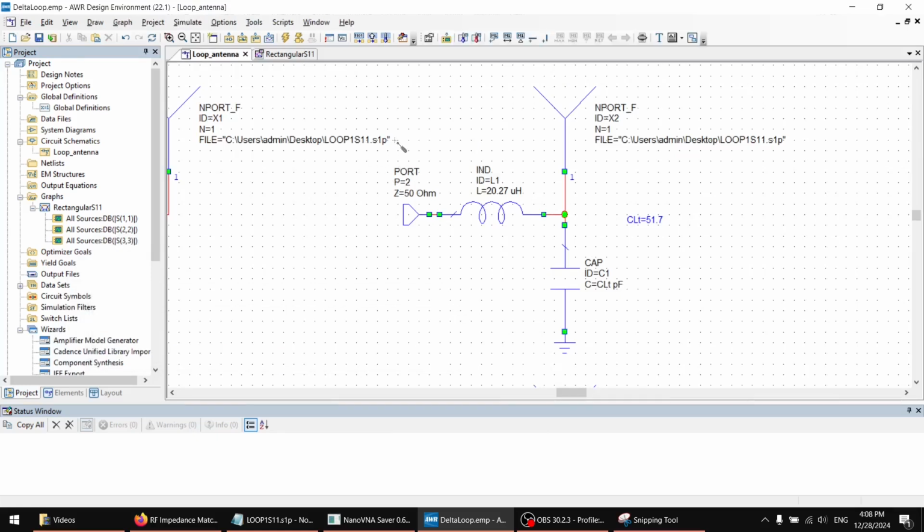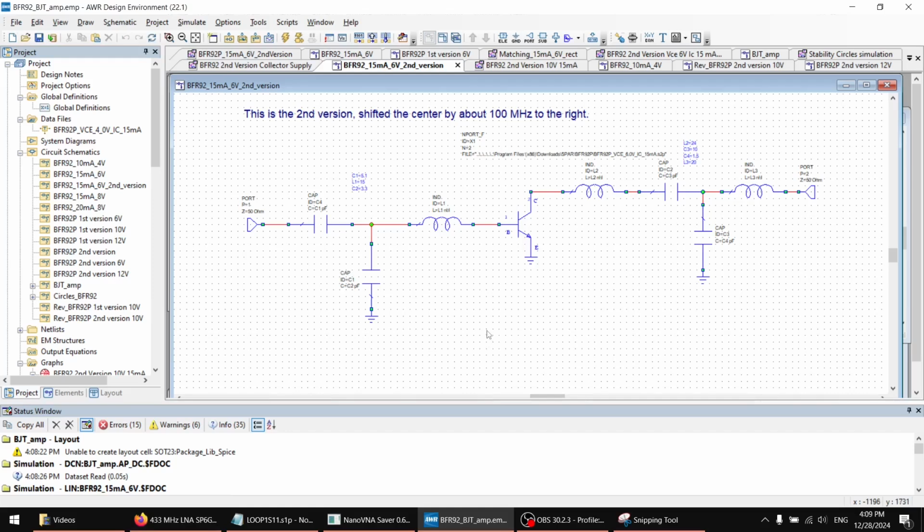That's where I'm trying to get to. Now let's move to maybe a little bit more advanced example of how these S parameters can be used. Okay, so here is a more complicated design of a UHF amplifier that was enabled thanks to this S parameter